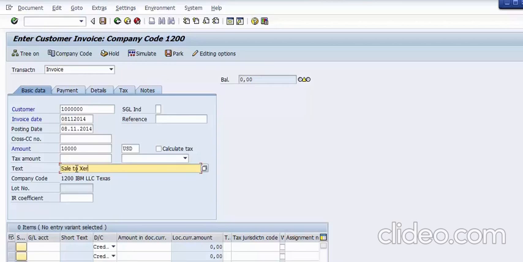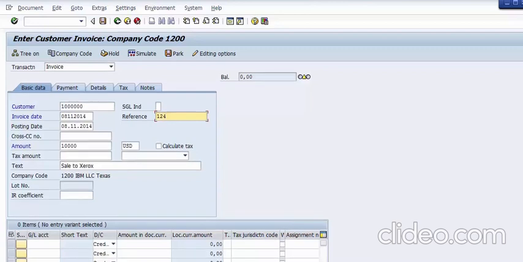and in this you can fill the text, sale to Xerox. And over here, remember this reference field is always for the invoice number. So the invoice number has to be filled. Suppose the invoice number is 124. Moving next,